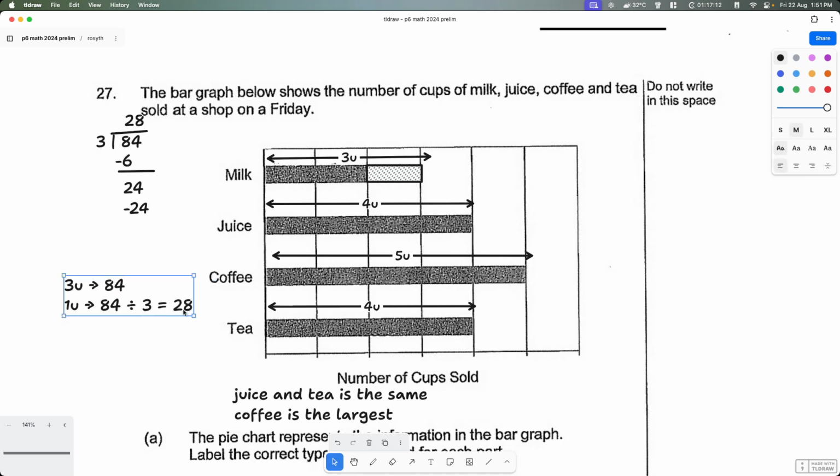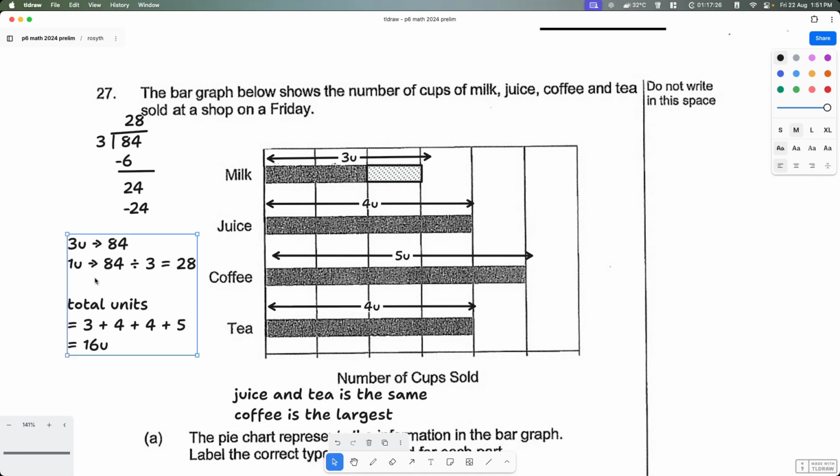All right, so now we have the total units. Total units is equal to 3 plus 4 plus 4 plus 5. So 8 plus 8, this will give us 16 units, right? So if you want to get 16 times 28, so 16 units is equal to 28 times